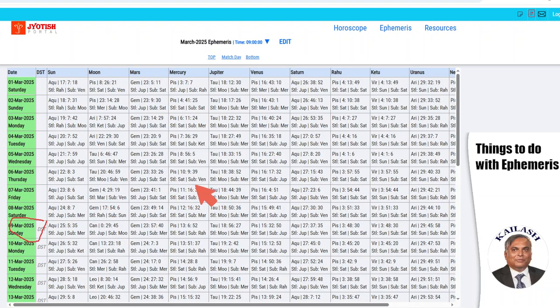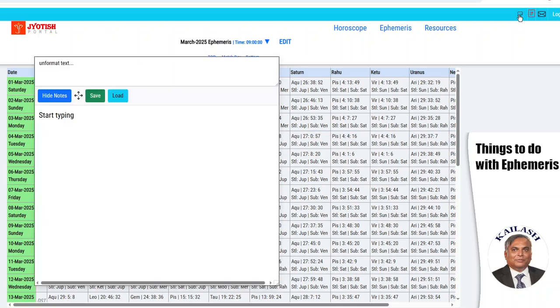Now let me show you how to use this ephemeris to create a horoscope where sometimes many pieces of information are missing. I'll show you with one practical example. But before I do that, let me